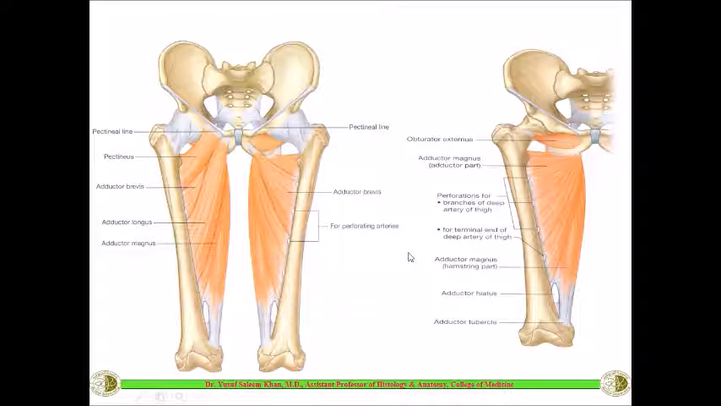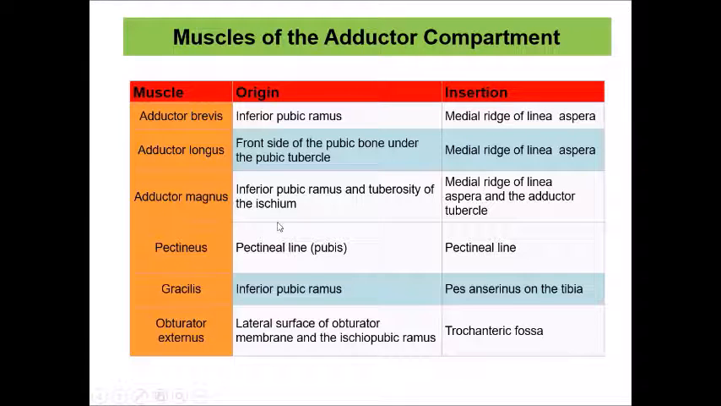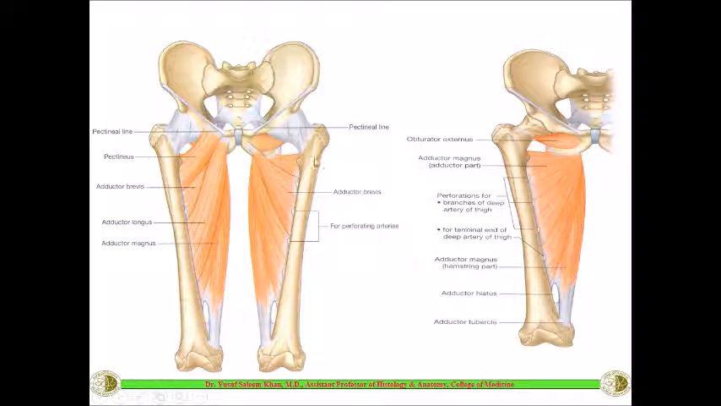The pectineus, as you can see here in this picture, is the pectineus muscle. This will be taking origin from the pectineal line, as well as getting inserted to a pectineal line. So here, if you can see, there is a line on the pubis. This is called the pectineal line. So this muscle will be taking origin from this pectineal line, as well as it gets inserted to one more